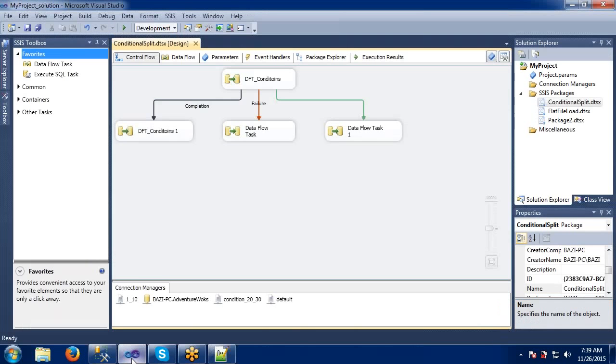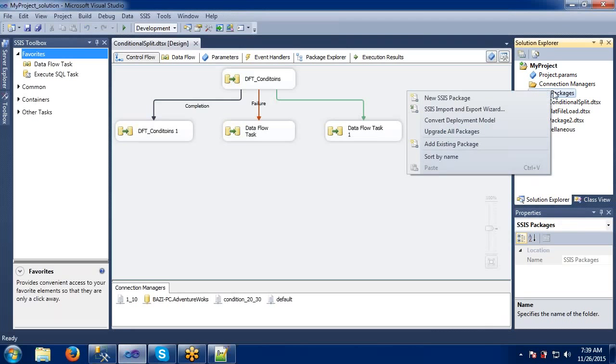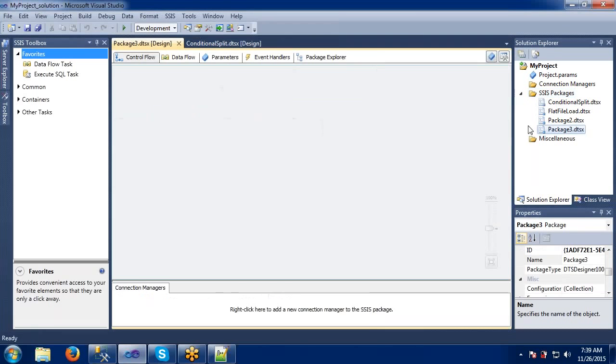Okay, so let's take a new package here. Go to the exercise packages, right click, and then we will find a new exercise package. Here we have some other options, which I will tell you later in today's class or in the coming sessions. But try to take this new exercise package. Okay, package 3 is there.